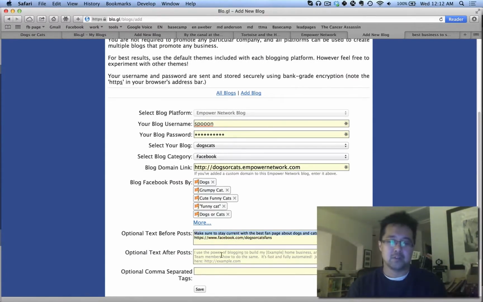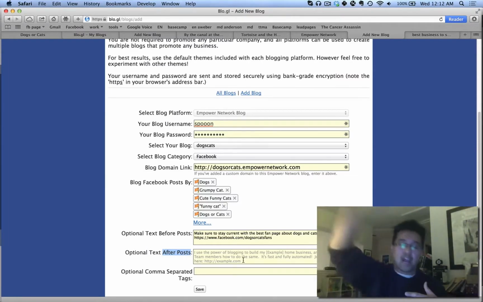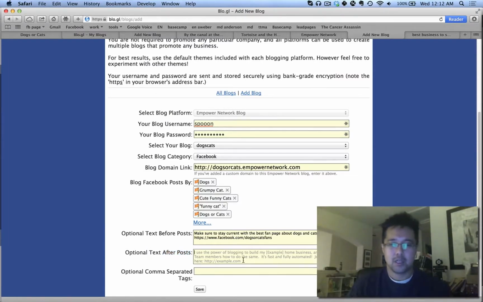And just say something a little bit. Now, this is after the post. Definitely, you should do it again. This one gives you a little bit of an example. This is your call to action, and it will be after the post, kind of like a signature. So I will do, check out how I use the power of the internet to stay at home and make a living here. From here, you can actually use whatever link you want to use.